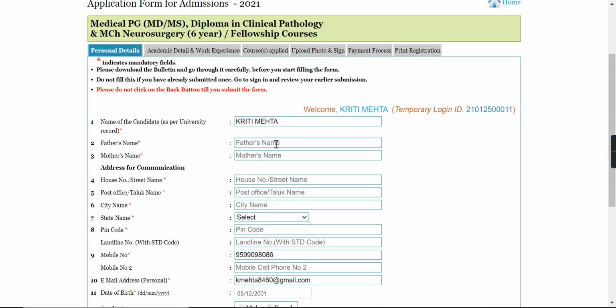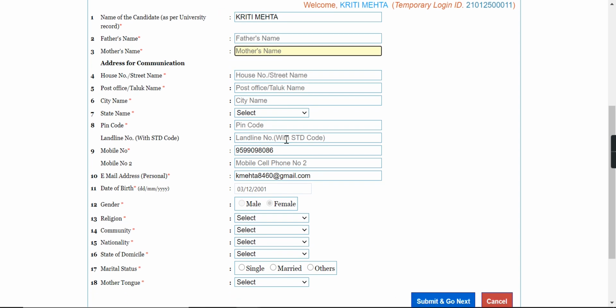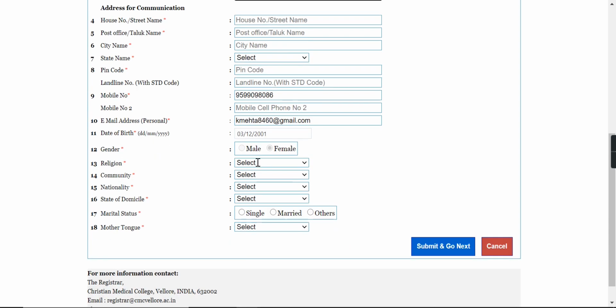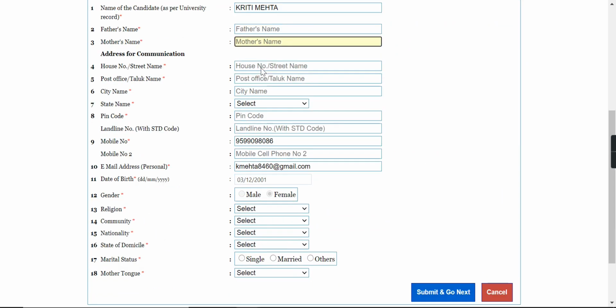You have to write all the information about your parents, your house, your number. Of course, give an alternative number because you might not know when there might be clashes or some problem may occur with your phone or your number, anything. So always try to give another alternative number. You have to fill all the necessary details over here.